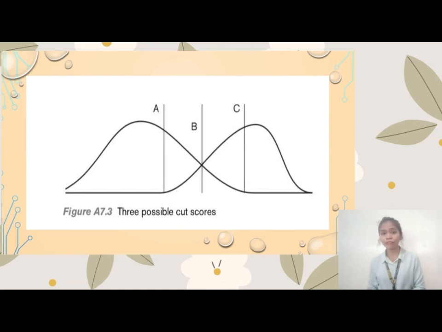But notice that the curve for the masters starts at point A, and the curve for the non-masters finishes at point C. There will be some non-masters who are classified as masters, false positives, and some masters who will be classified as non-masters, false negatives. Cut score A. This cut score is the start of the distribution of the masters. If we use this as the cut score, there will be no false negatives. All masters will be correctly classified as masters. The trade-off is that the number of false positives will